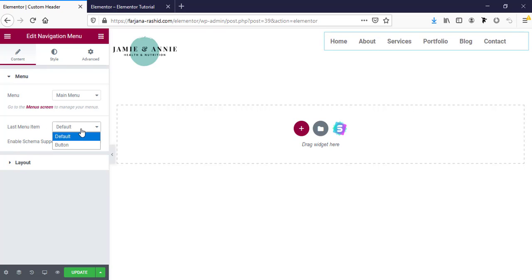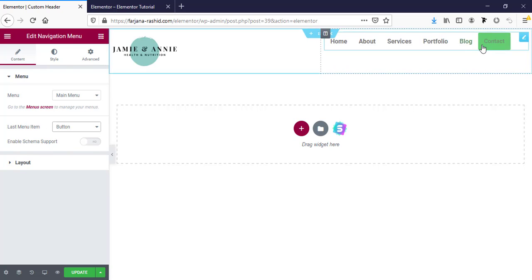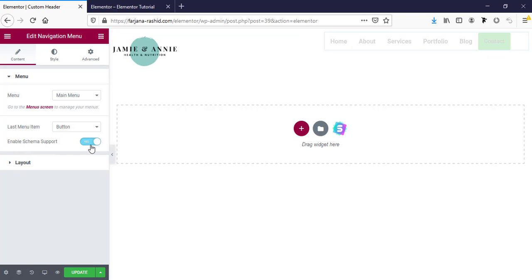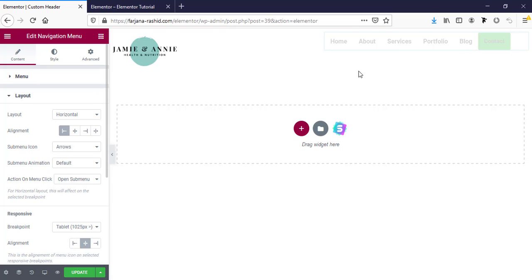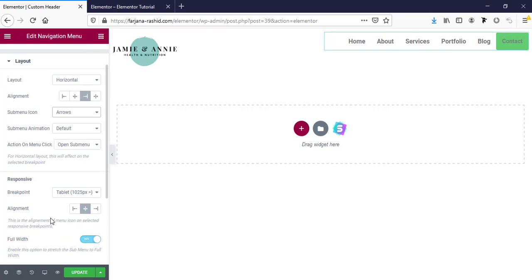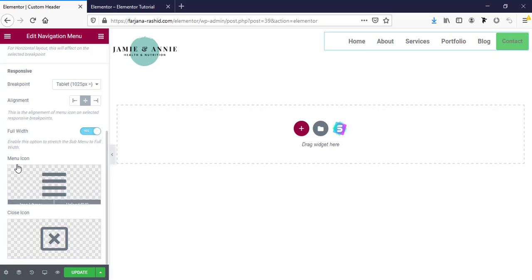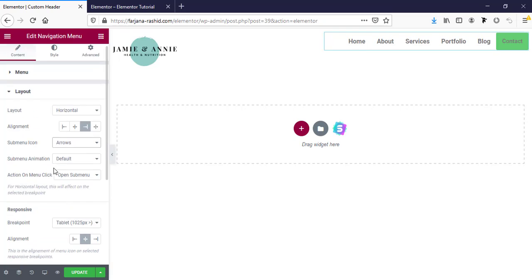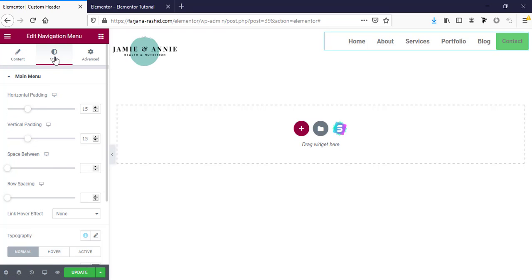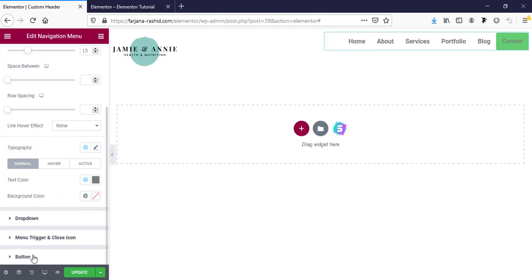Last menu item, we can make it a button for the last one, and enable schema support. And here is the layout. So here we can make the alignment to right. So here is much more option. We can try all these option. Then here is some responsive option. Here is also menu icon for mobile menu, and then here is style tab, and here in the bottom area